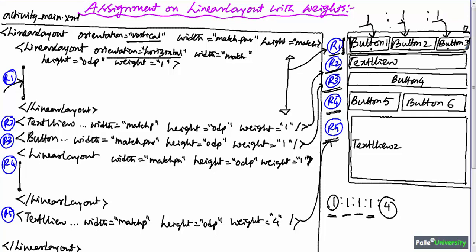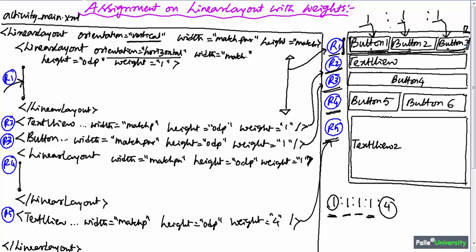If you run this application on a bigger phone and you don't apply weight properly, then button 1 may occupy less space, button 2 may also occupy less space, and button 3 also may occupy less space, which will result in some extra empty space, which may irritate the user. Remember, the user always wants the application to use the complete device space properly. If the programmer is not using the device UI space properly, the user will get frustrated. The weight property will make sure that the device UI space is used efficiently.